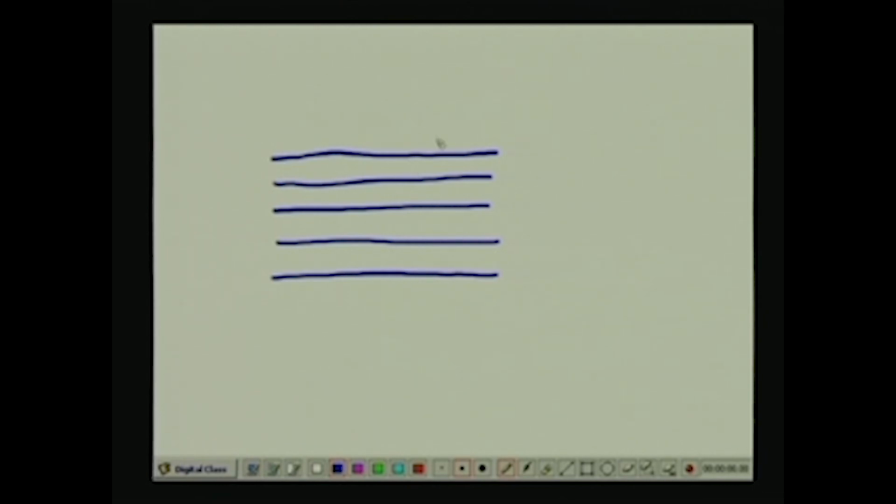So obviously the depositional environment was such that the major principal stress was in this direction, and as I have indicated in the previous lesson,